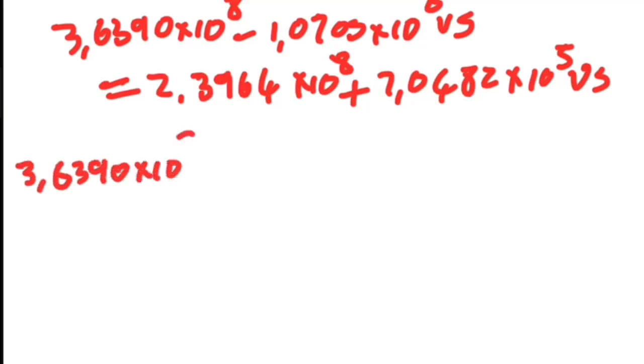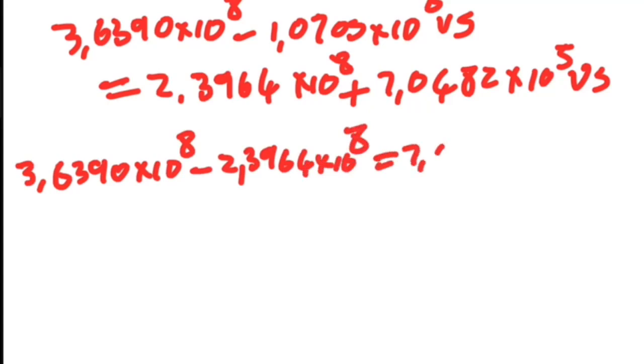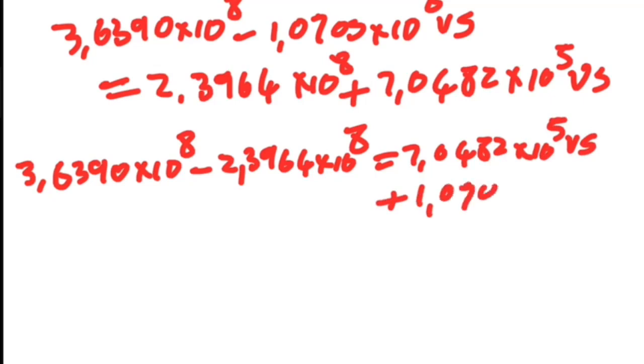If I do that, I'm going to have 3.6390 times 10 to the power 8 minus 2.3964 times 10 to the power 8 being equal to 7.0482 times 10 to the power 5 Vs plus 1.0703 times 10 to the power 6 Vs. So let me put the left hand side in my calculator: 3.639 times 10 to the power 8 minus 2.3964 times 10 to the power 8. I'm getting